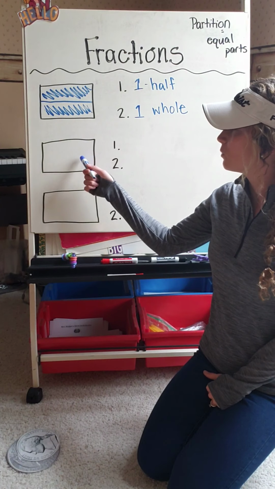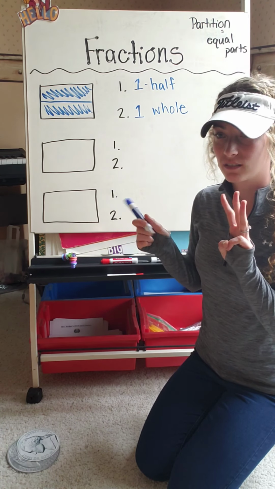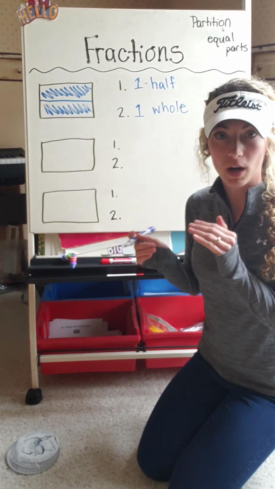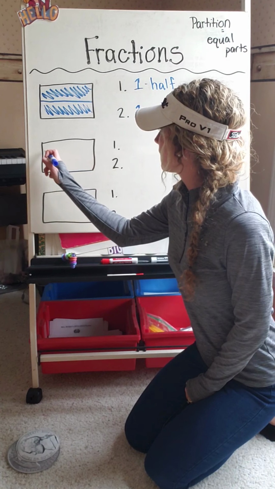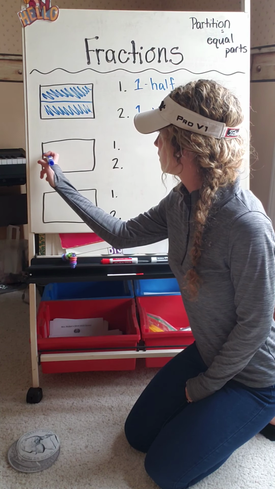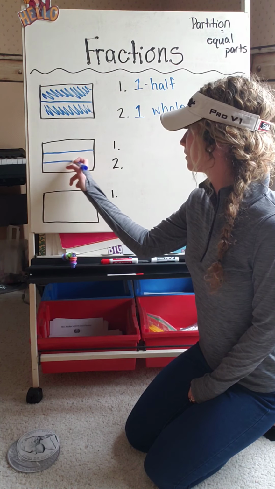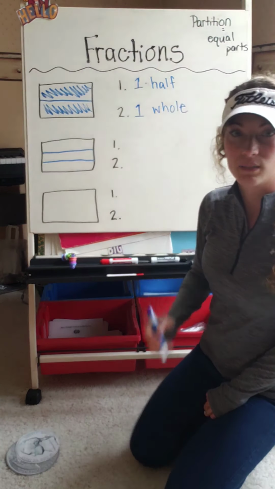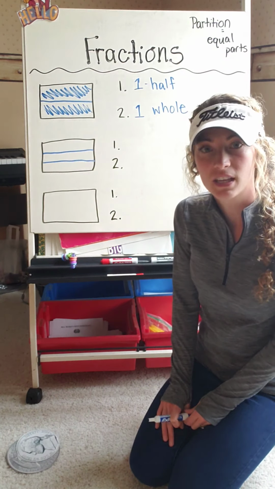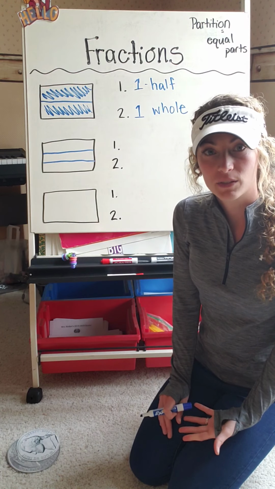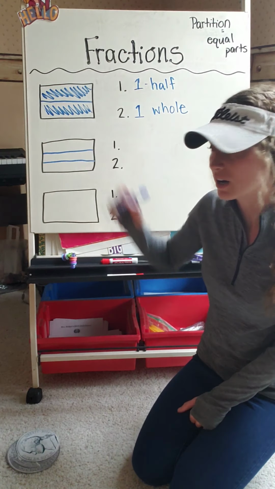So now down here, we are going to do this again, but we are going to cut it into thirds. So remember, they have to be equal parts. We have to partition them into equal parts. So I'm going to do that. Again, the lines might not be perfectly straight, but they're somewhat equal parts. So we have to find names for them. So if I would just color in that top part,